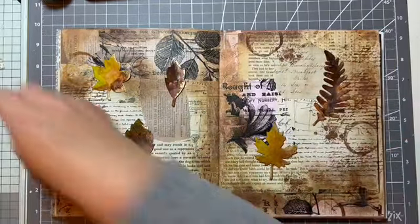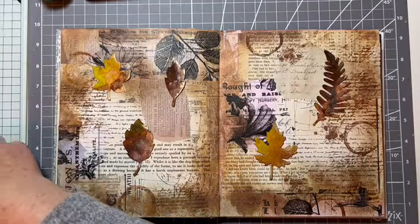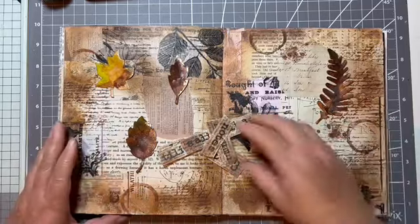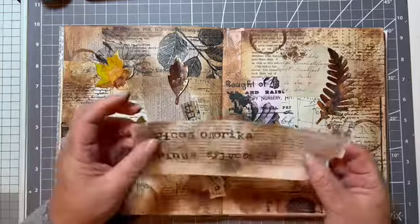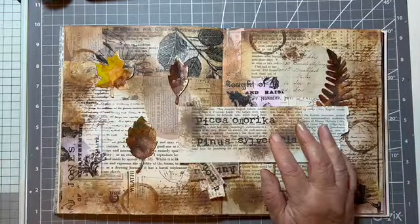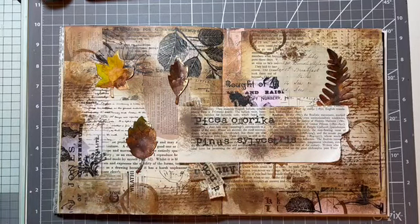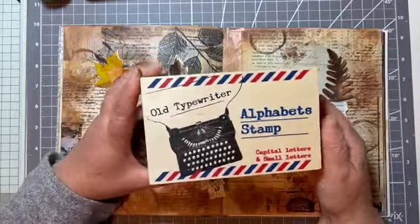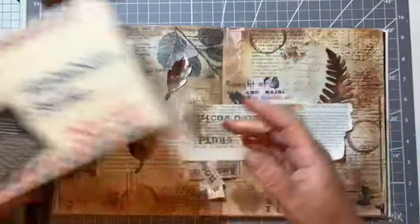Right, so I have some titles stamped out. I stamped them on an old piece of book page, and they've been stamped. Right, so I'll just show you. This typewriter alphabet stamp set. So stamped them using that,